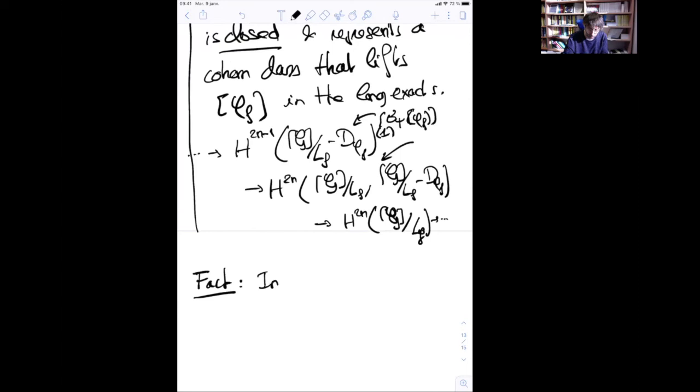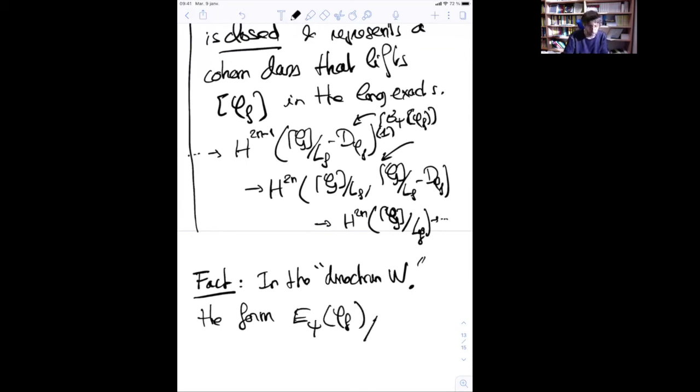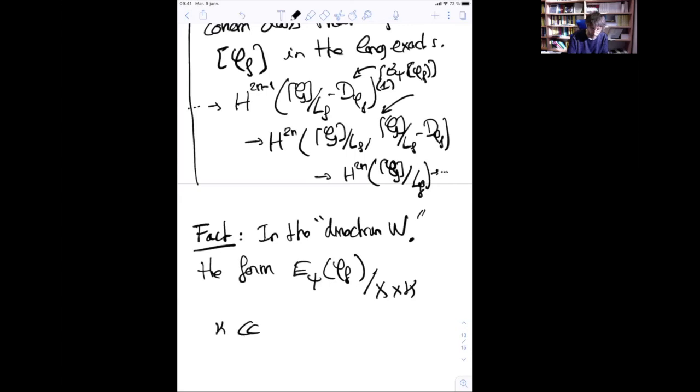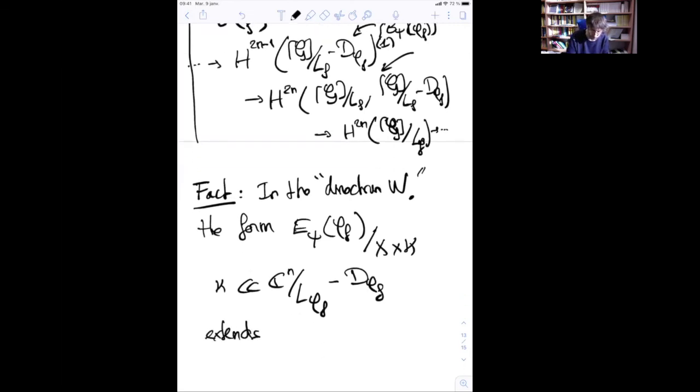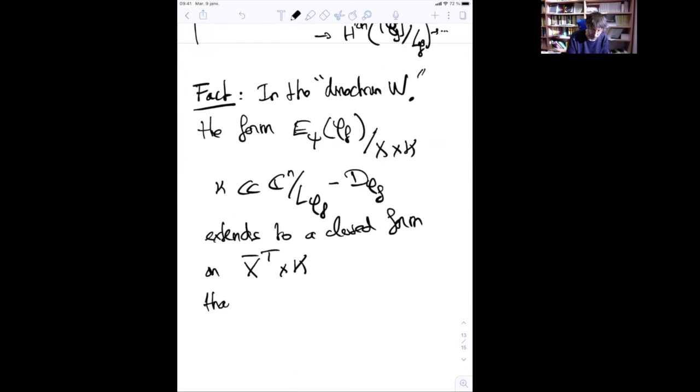So in the direction of a flag W_dot, the form E_psi phi_f restricted to some X cross kappa, with kappa a compact subset of C^n over L_phi_f, minus d phi_f, extends to a closed form on the Tietz compactification cross kappa that vanishes at infinity,